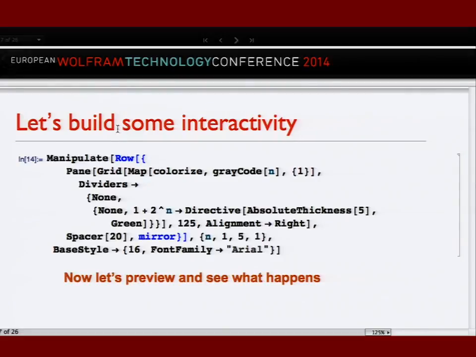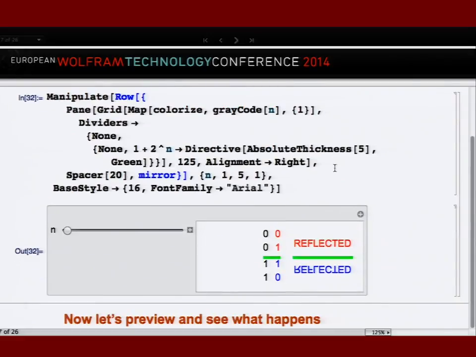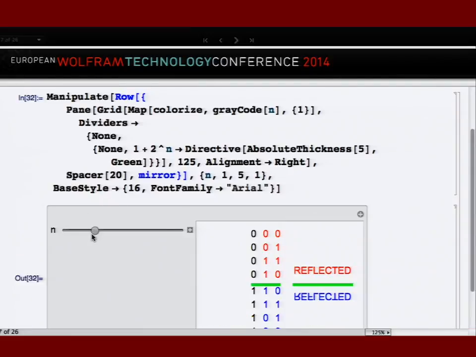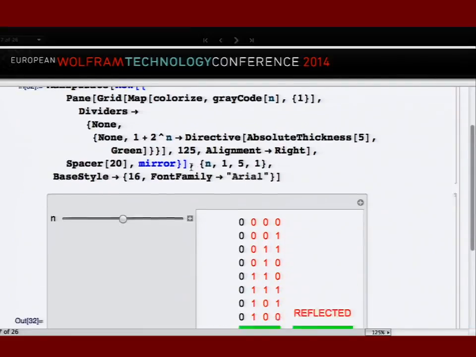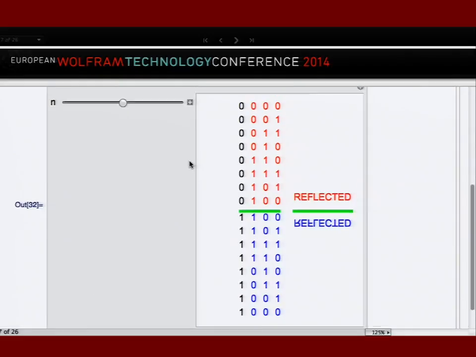how that plays in. So we had defined our graphic here as mirror. We're just going to put it in a row. Very simple. And now if I manipulate it, we can see hopefully something that is more illustrative of the concept. So can this live without a textual explanation? No, that's why we're creating an interactive document. It involves both text and experimentation. This is a good thing. But